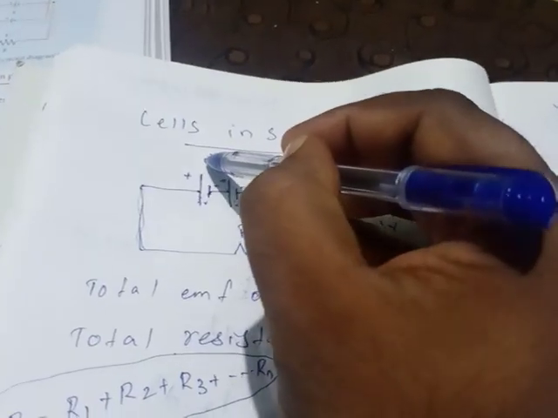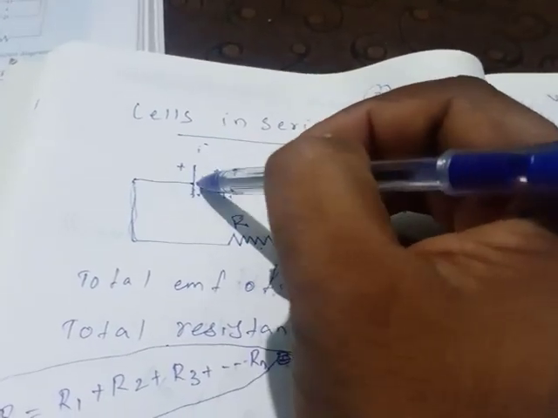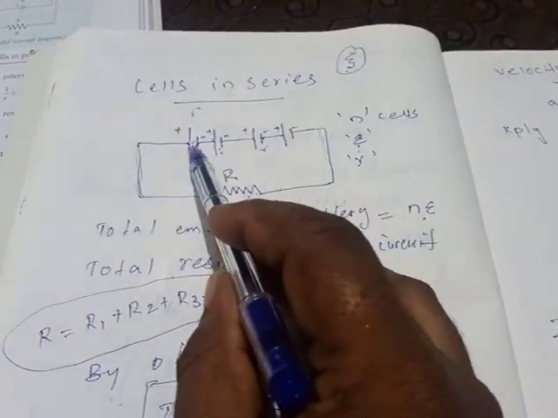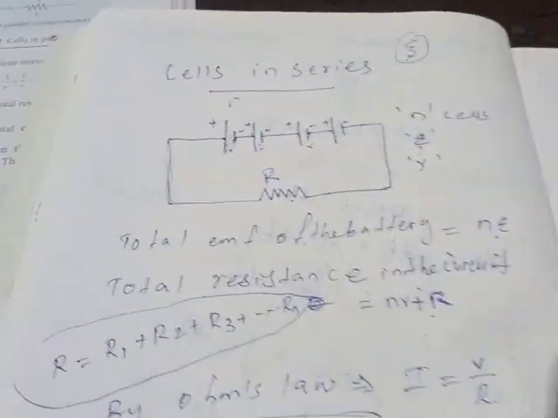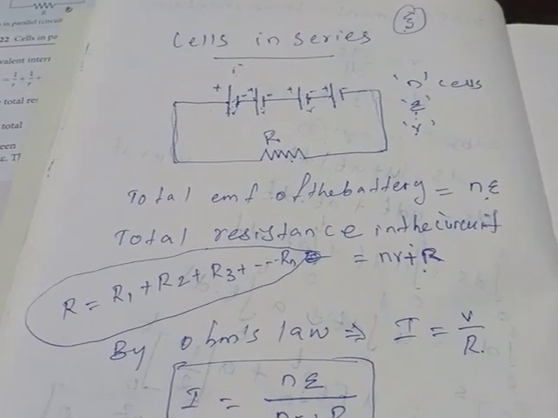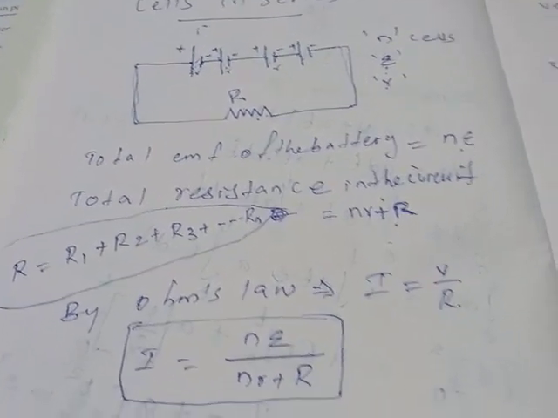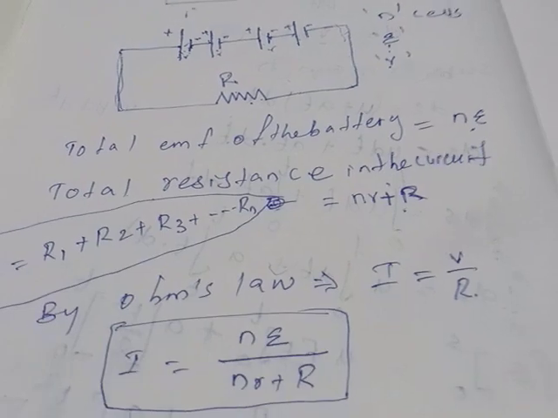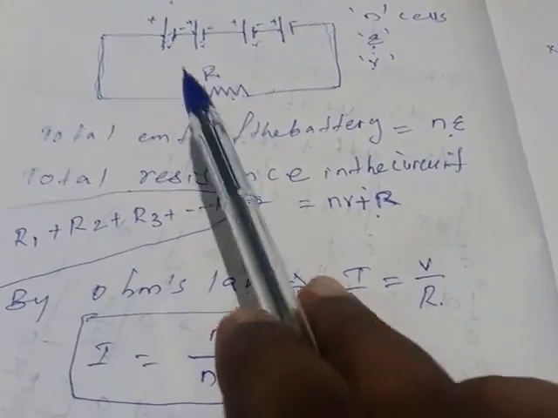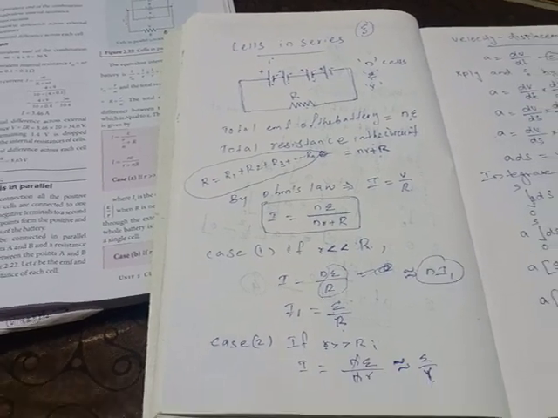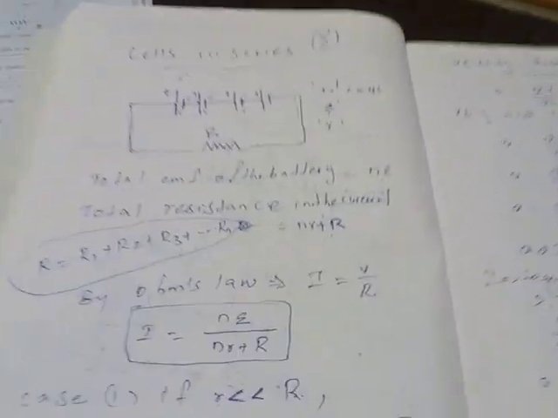So here what is the current? Suppose here epsilon by R is the current, means the total current also will be the same. If we are adding all these, we will get the same current only. That is series circuit. So if you are connecting 100 battery also, current is not changing. Current will be same only. So every point we will get the same current in the circuit. So that is what about cells in series. You can take a screenshot of this and just go through that.